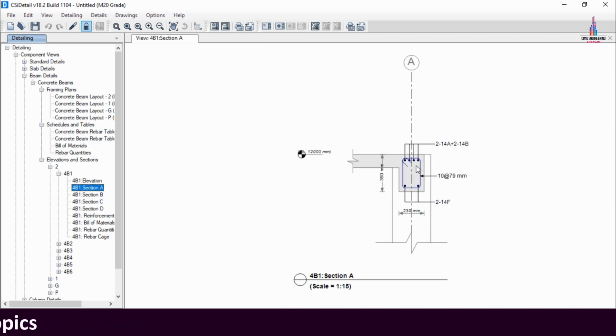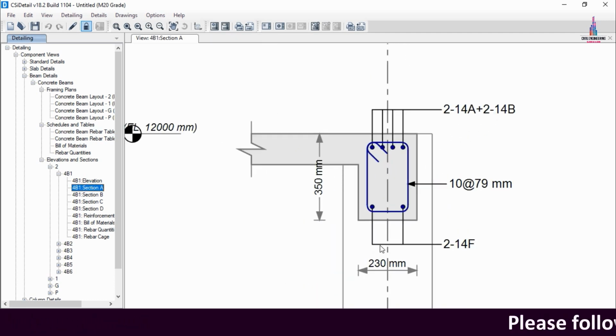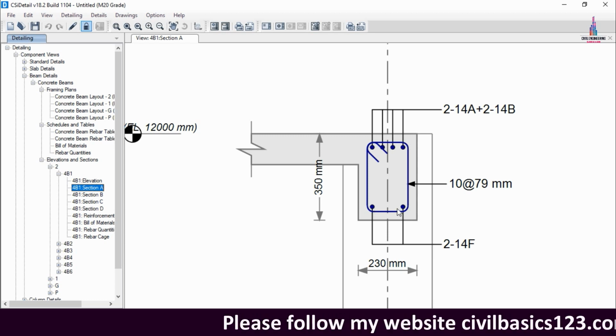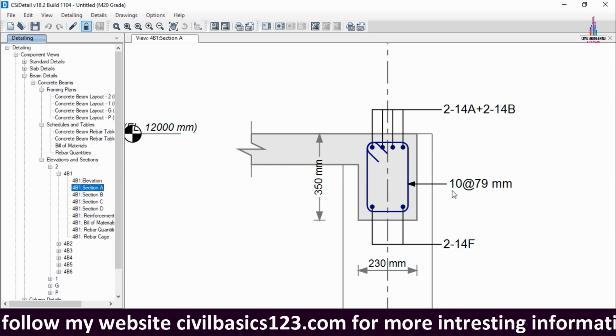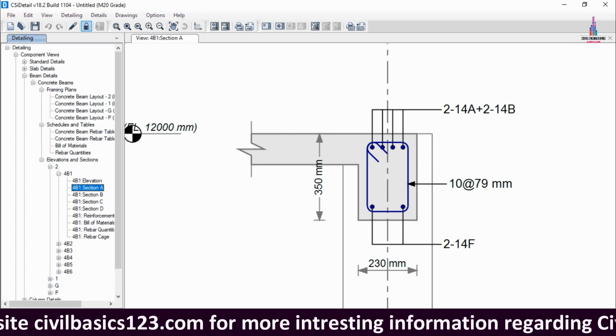So for this respective section AA, it consists of 4 bars of 14 mm diameter at the top reinforcement section and 2 bars of 14 mm diameter at the bottom reinforcement section. And stirrups will consist of 10 mm diameter bar with 79 mm center to center distance for the M20